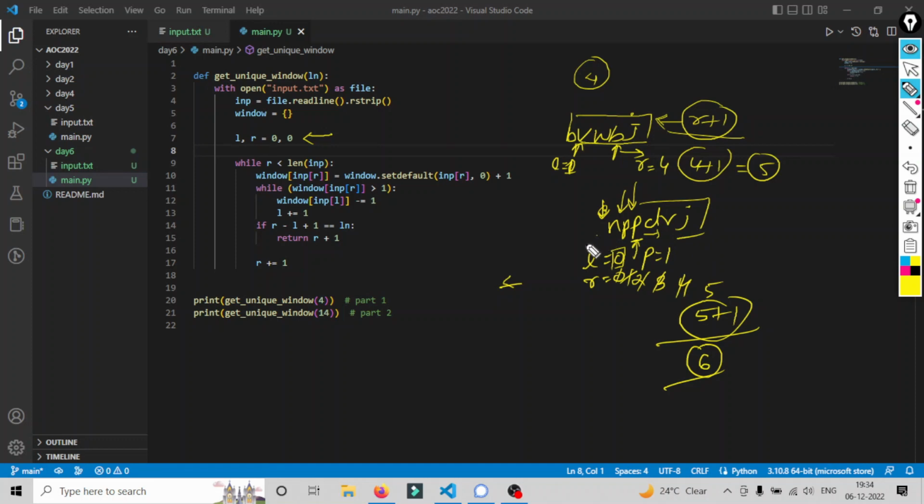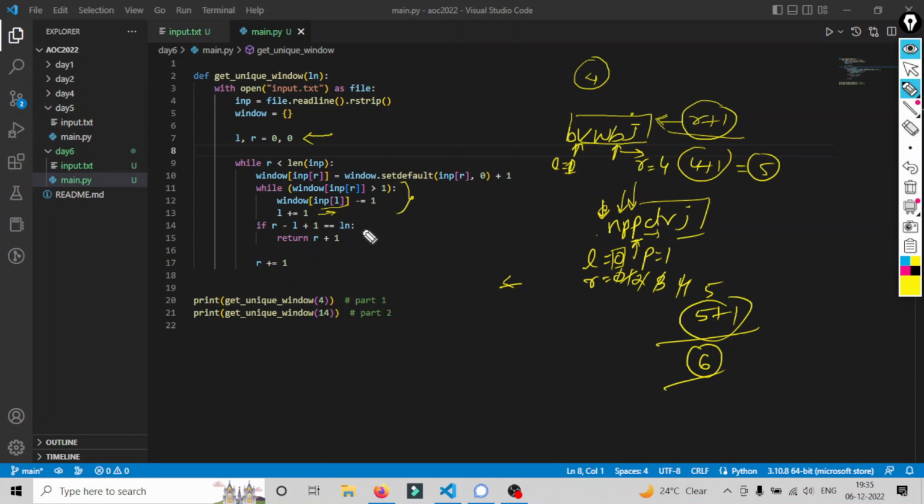If the character value is greater than 1, in that case I have written this loop: I'm incrementing the left pointer and decrementing the value of that left character from the window. If the condition is satisfied, meaning the value is less than or equal to 1, then